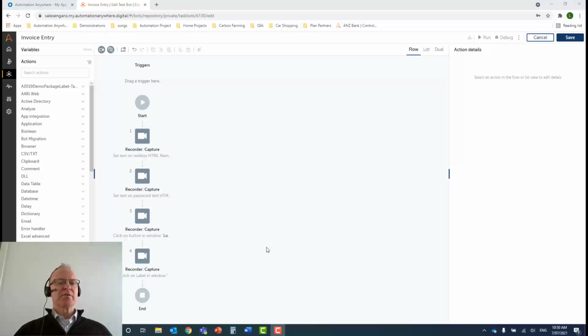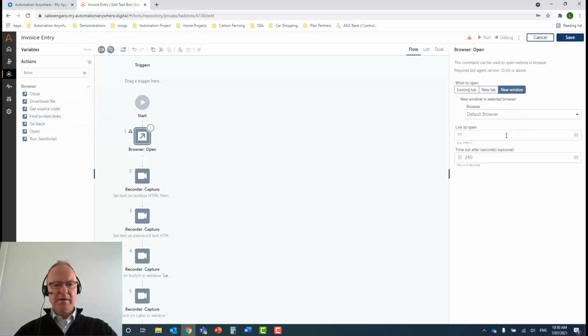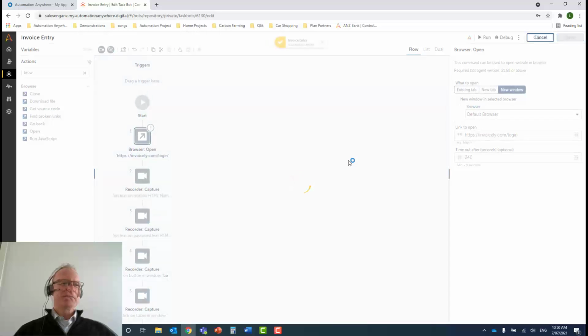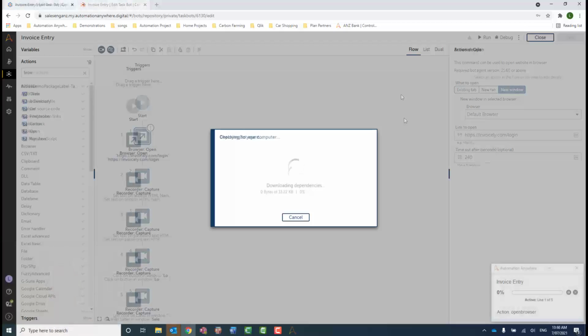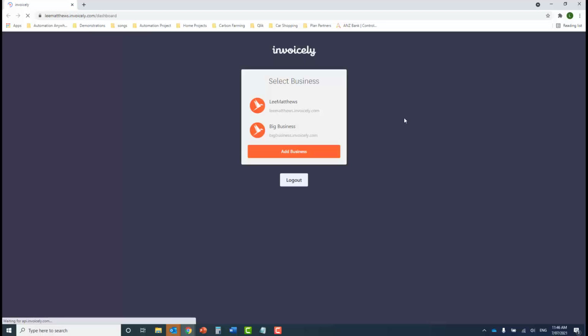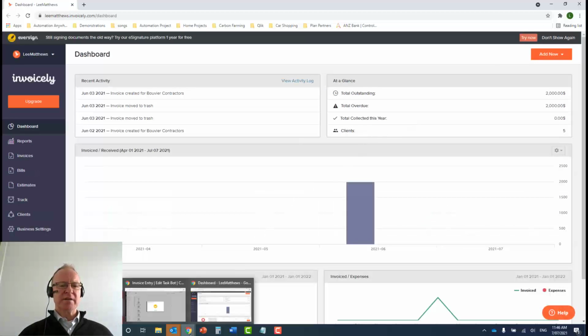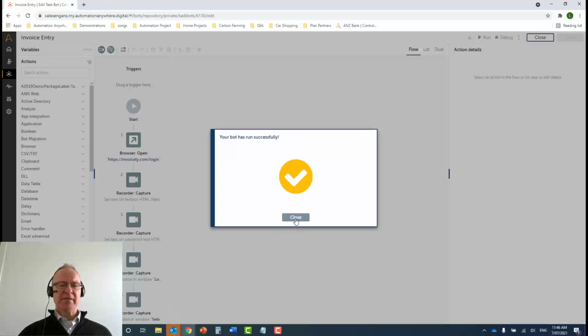It assumes that I already have a window open to begin the login process, which is not something that's going to happen in a production bot. So obviously I need to build in here a browser open step. So let's add that one across, and there's the URL that I want to open. We'll give that a quick test and let's see how our login bot works. Okay, so we've successfully gotten to the dashboard page here after running, and we see we have our bot success